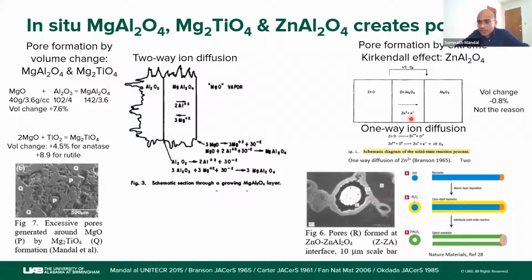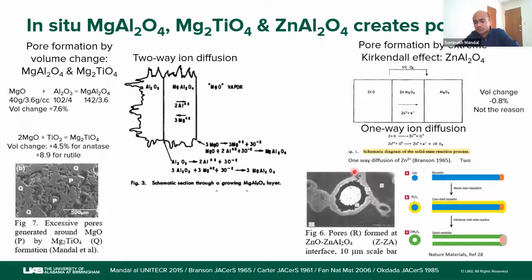Again, this tells us that this extreme Kirkendall effect of one-way migration of zinc ions is there, and that is causing this. This has been used in a Nature Materials paper, where they used a zinc oxide nanorod. They coated it with aluminum oxide and then heated at 700 degrees C to form zinc aluminate. What happened is that the entire zinc oxide region was filled with pores, and they ended up with spinel nanotubes, which is good for sensors, but extremely bad for refractories because we don't want